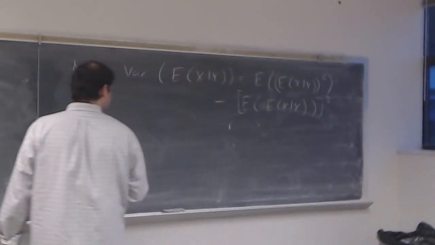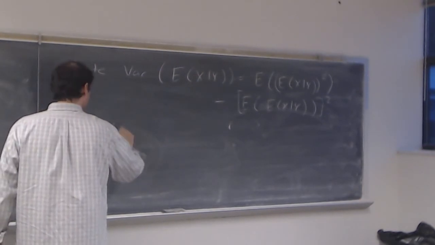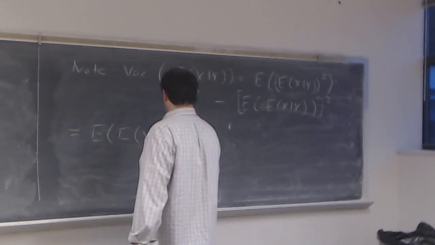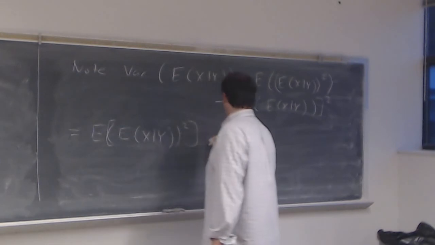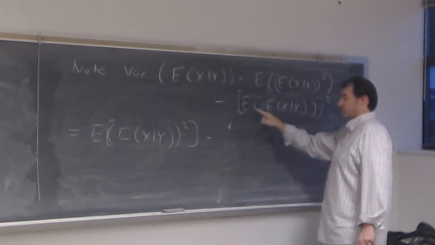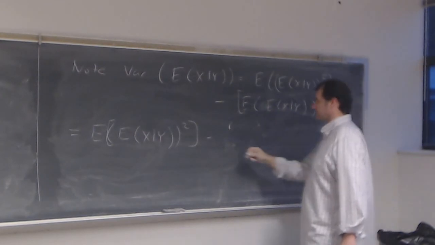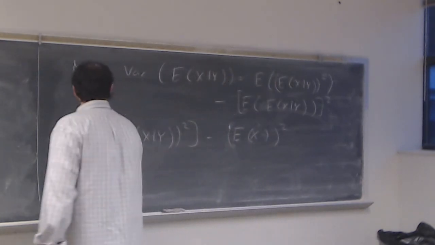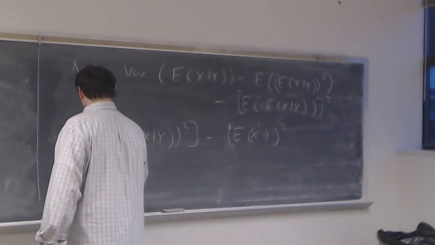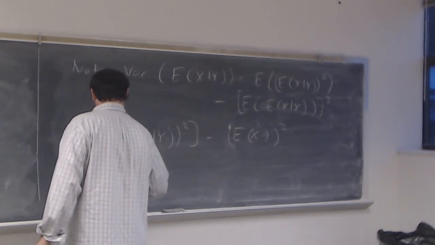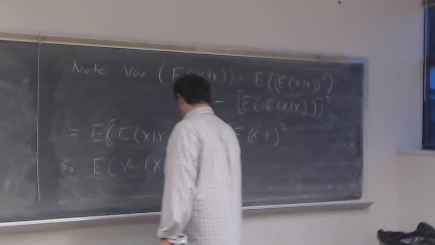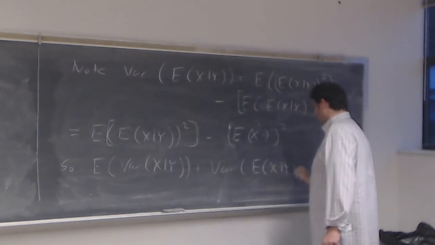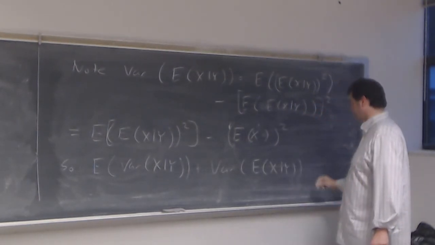So that's equal to, well, that first part I won't touch, just write it down. So we take the expected value of that minus, by previous fact, the expected value of the conditional expectation is nothing more than the expected value of x, and it needs to be squared. So we take a look at this part and the previous part. So if I take the expected value of the conditional variance of x given y, plus the variance of the conditional expectation of x given y, we're adding these things together,